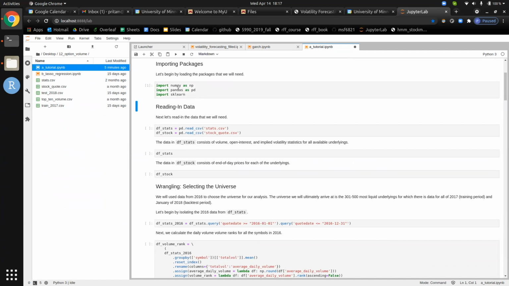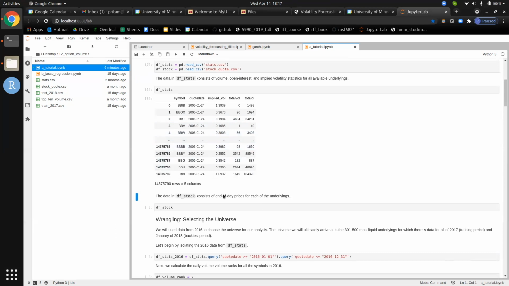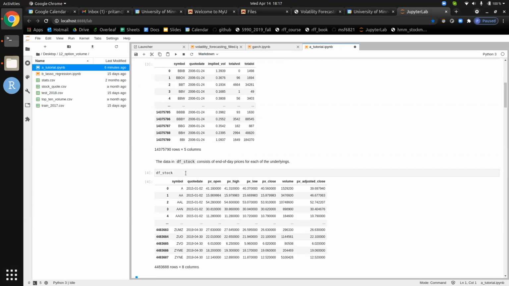Okay, so we just imported the packages that we need. Pretty straightforward: NumPy, pandas, sklearn. We're going to grab the data that we need. They're actually pretty decently sized data files, but they shouldn't be taking that long to load. So DF stats consists of various implied volatility, total volume, and total open interest for various underlyings for various days. And DF stock is open, high, low, close prices